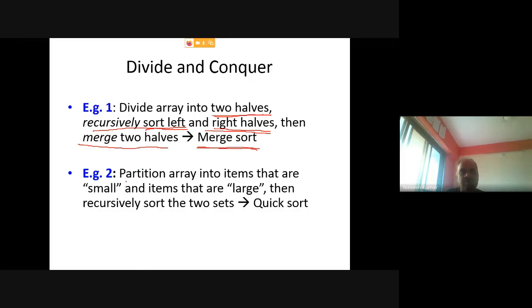Another example is to partition the array into items such that smaller elements will be in the left sub-array and larger elements will be in the right sub-array. So create 2 sets. Find all the smaller elements compared with the element that you have taken, and find the larger elements, and create 2 sub-arrays.